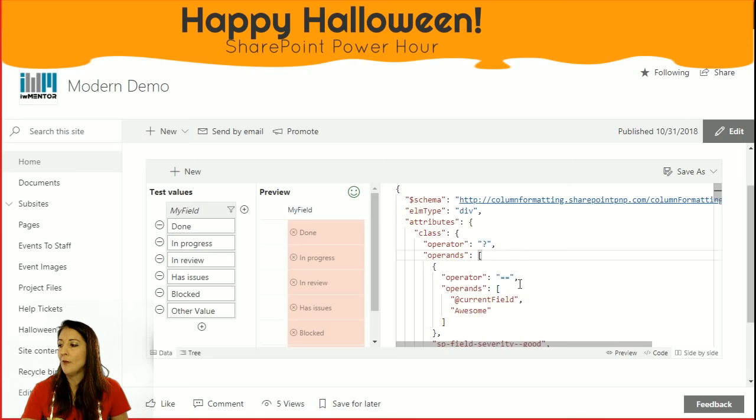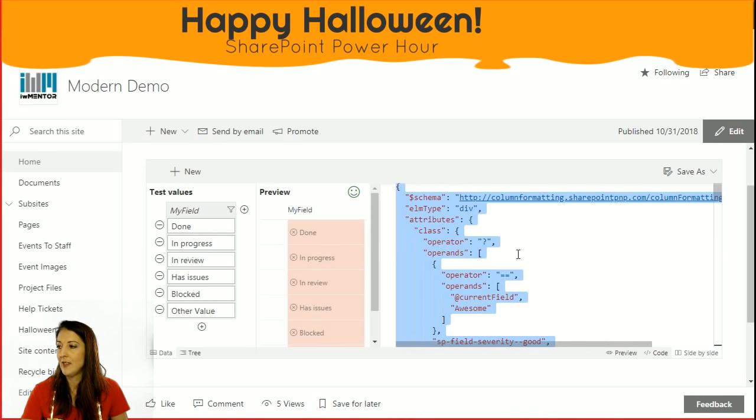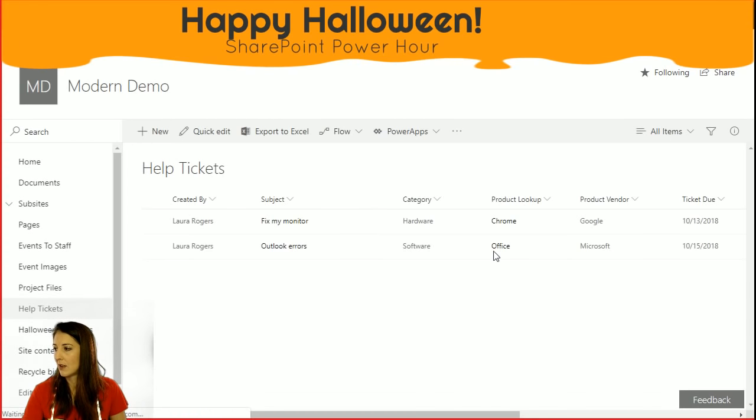Now, the first thing, of course, that I thought I would do after putting these in here would be to take that code and copy it and then go to my list and go to, I'll just show you kind of the long way of doing it. Go to the list, go to the column formatting and paste it in there. So copy that, go to some other list, not this one,